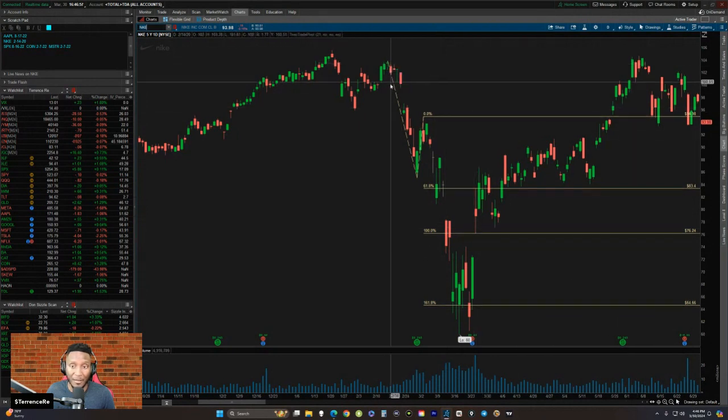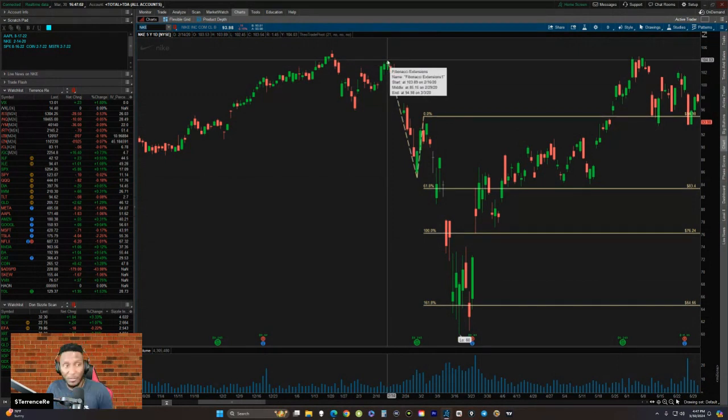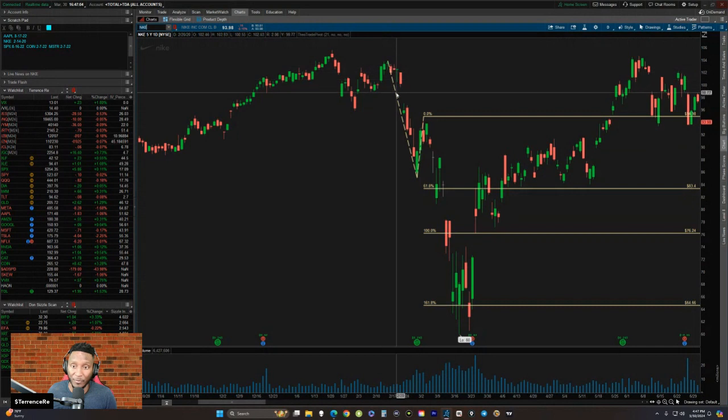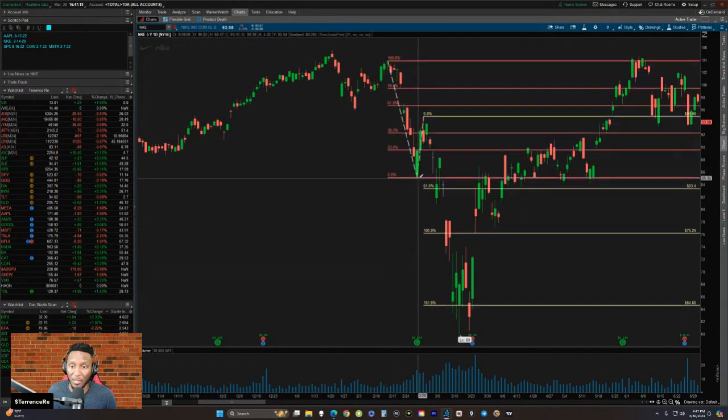Back here in Nike, this is February 14th, 2020. This is when the pandemic started, because here's the gap down and the market just took off. I'm going to show you from this point an easy way to find turning points. You can see from this top down to here, pull back. Where did it pull back? Right in between the sweet spot.